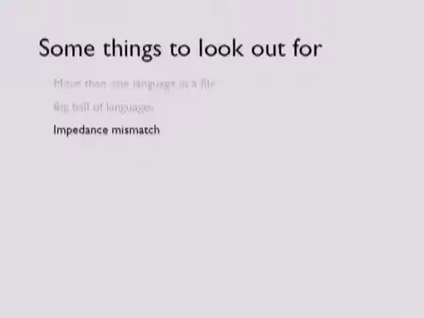One thing that people don't think about as often is impedance mismatch between the languages. A good example is if you have to use C and Ruby together, where C doesn't really have any of the object-oriented features. If you've ever done a C extension, you will find that it's really verbose and annoying to work with. But an even trickier example is